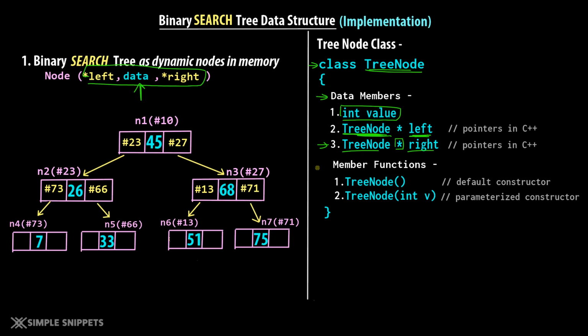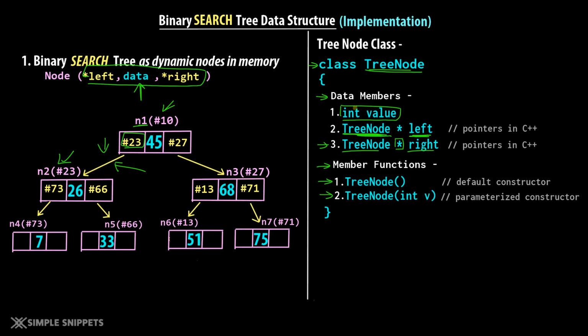So 3 data members, and the member functions are nothing but 2 simple constructors. One is a default constructor, one is a parameterized constructor. We will need them when we create these individual node objects, and then later on we will link them. Now you can see that there is some linking happening. So n1 for the left has the address of hash 23, and hash 23 is the address of n2. So this linking is happening, and this linking will happen in another main class, which is the binary search tree